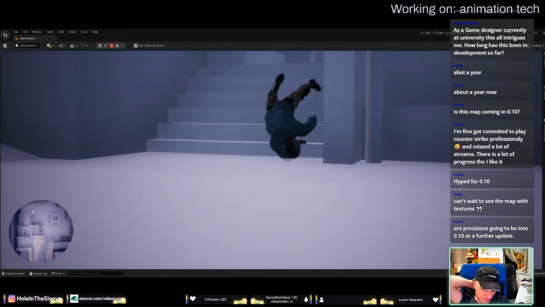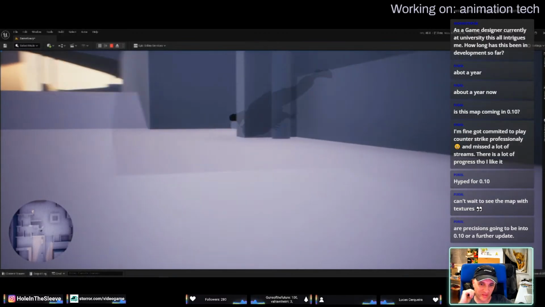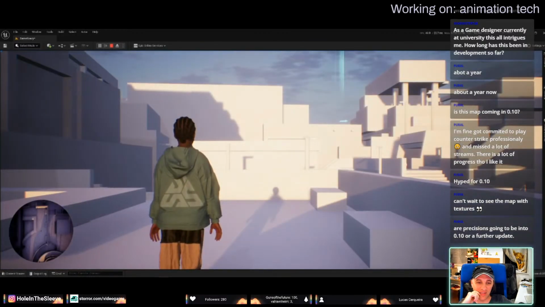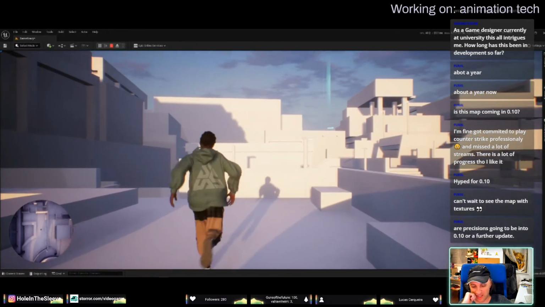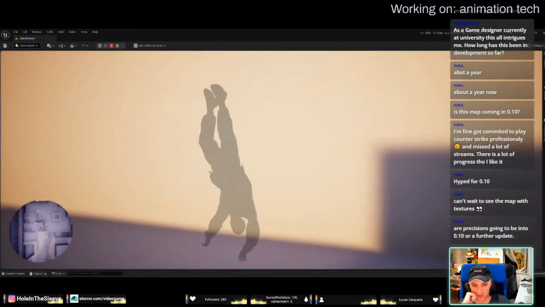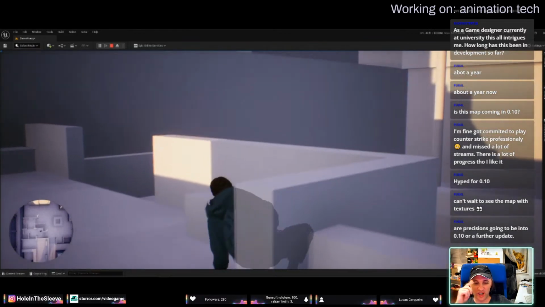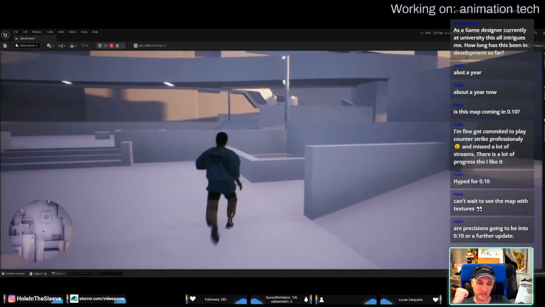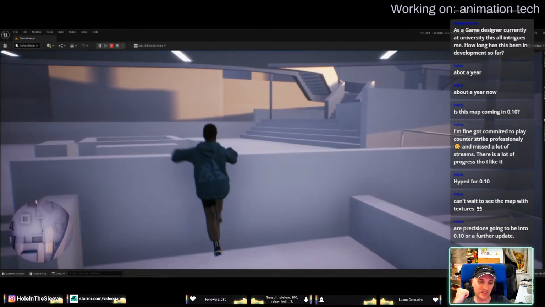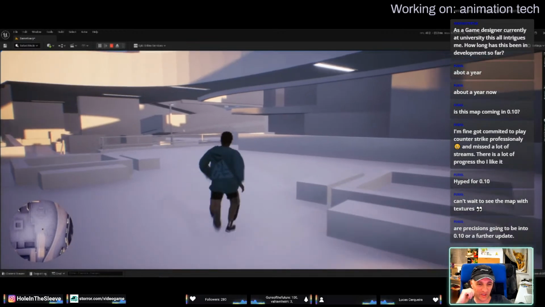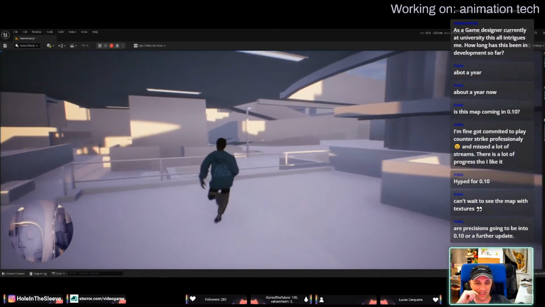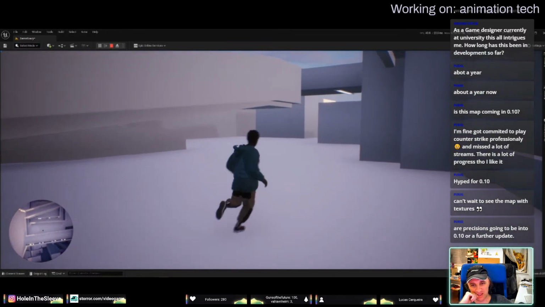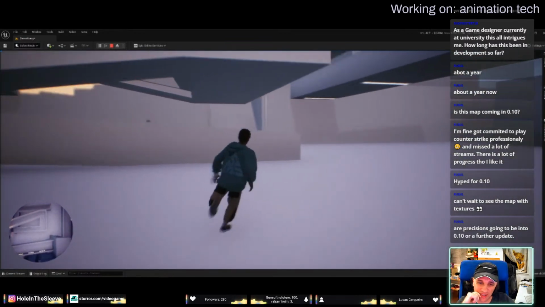Oh, the ragdoll's sick. Is this the new one that you showed us that we put the clips out for? Yeah, but I haven't got a place yet where to activate the ragdoll rolling down, because we have two modes. One is the normal ragdoll, which is this one, and the other one is when you actually ragdoll, like rolling. It's good.